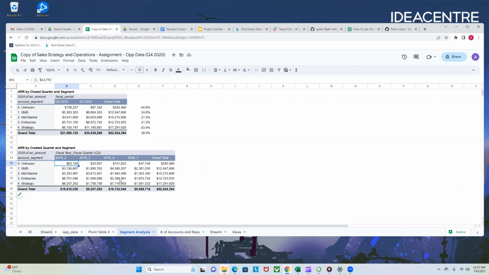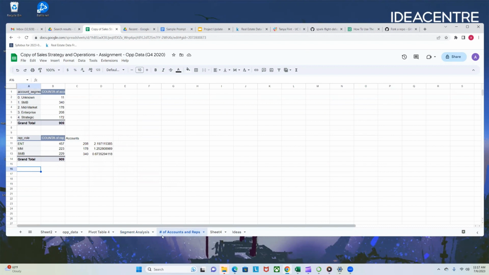We can actually use these two tables combined and see, of the ARR that closed, when was it created? For example, was it created 1 quarter before, 2 quarters before, to give us a sense of how much is going to close in the future. But yeah, this is great for now. The next thing I want to do is rep performance. So we're going to touch on it in this video, and then we're going to finish it up in the next video. But this tab, I already kind of made before the video,